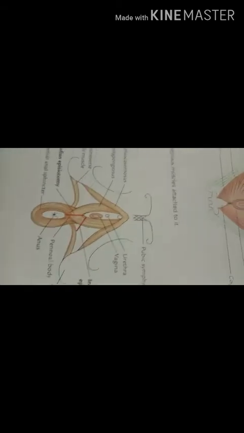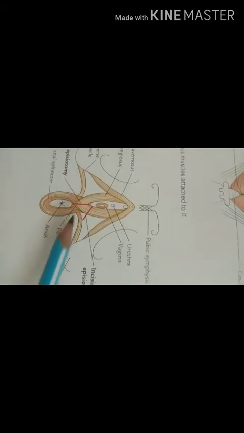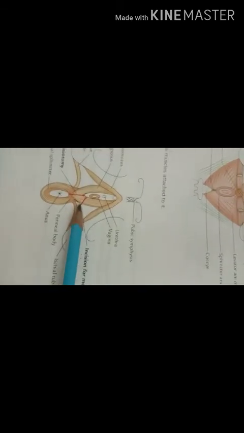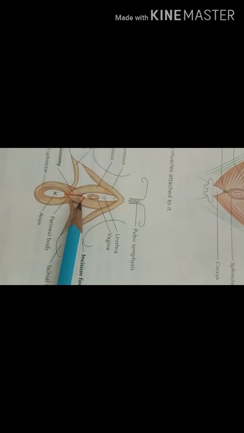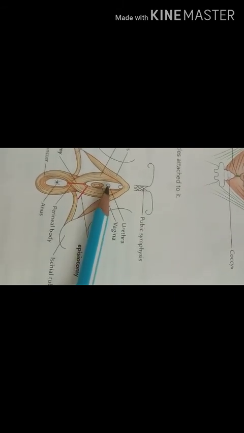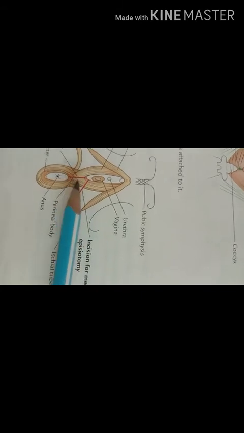So here in this diagram you can see the episiotomy. This is the median episiotomy and this is the mediolateral episiotomy, which is the incision that should be taken. Whenever there is a difficult birth of the child, the vaginal opening cannot be totally open. So in this way the cut should be taken. The first is the median episiotomy.